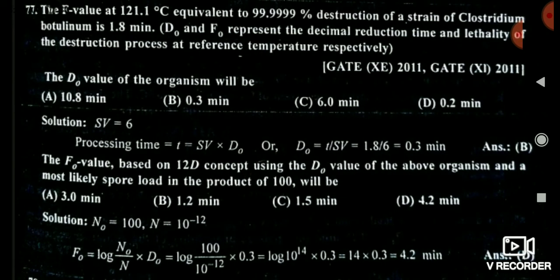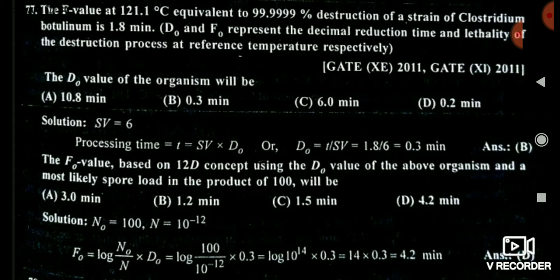Now friends, see another question. It is equivalent to the previous question only. I think I have solved this question in the previous slide also. Initially it is asking to calculate the processing time for the destruction of 99.9% of microorganisms, and the D naught value is given, that is 1.8 minutes is given. It is asking,